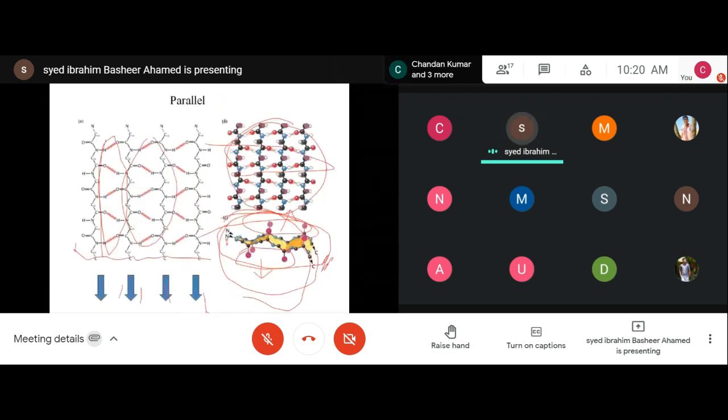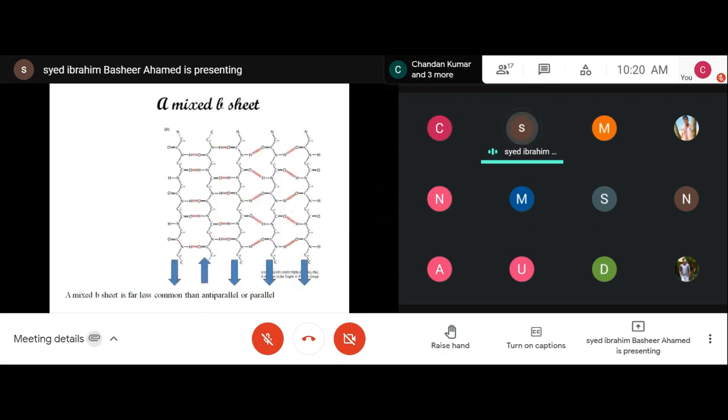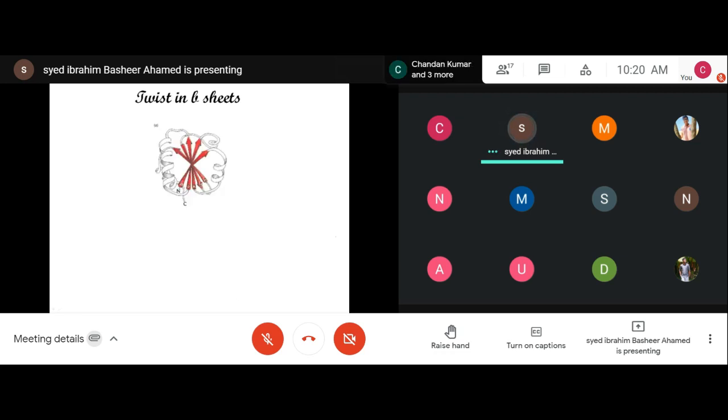There are proteins with only anti-parallel beta sheet, there are proteins with only parallel beta sheet, and there are proteins with mixed types of beta strands as well. So you will have anti-parallel beta sheet, and you may also have parallel beta strands. Most of the time, the beta strands in the protein will be found at the core of the protein, and mostly the beta sheets will be in twisted form. So twisted beta sheets are what you will see most of the time.